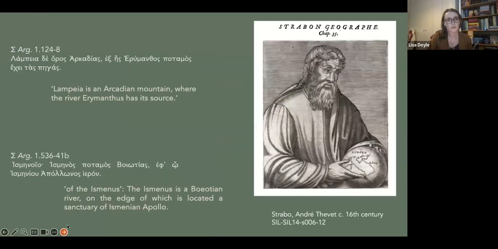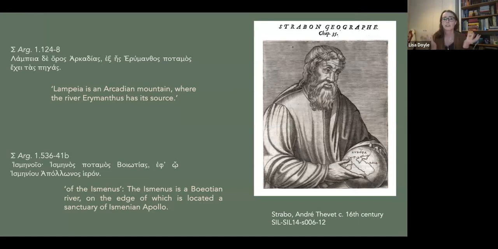Let me go to the next one. So we have our picture of Strabo there. I'll go to the second example here first. Just to point out that, again, we can't really separate topics. I'm going to be talking about rivers in a second, and to separate them is kind of artificial. It's all included together. I will be arguing in a minute that rivers as geographical features are more prominent in the Scholia on Apollonius than mountains.